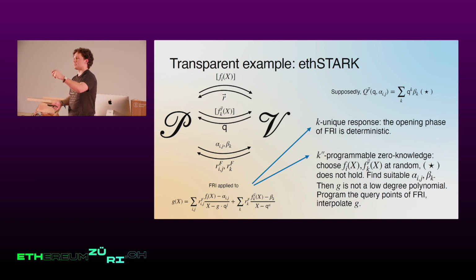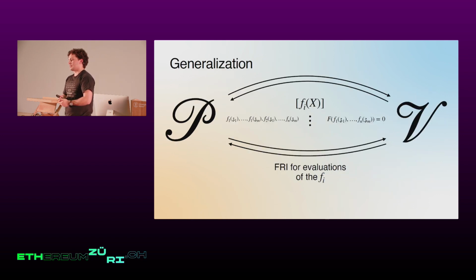The only thing that mattered is that the low degree test, or the evaluation test, was the FRI protocol. So essentially, what you can show is that you can generalize this for all FRI-based SNARKs. When you have a FRI-based SNARK in which the verifier accepts if and only if you have polynomials verifying a certain constraint equation, and the evaluations are checked using FRI,